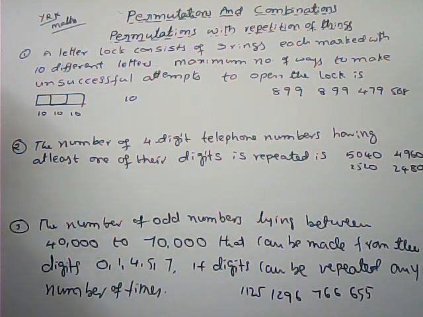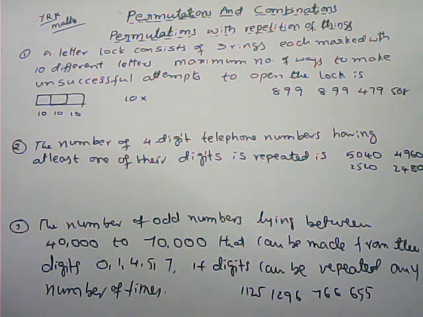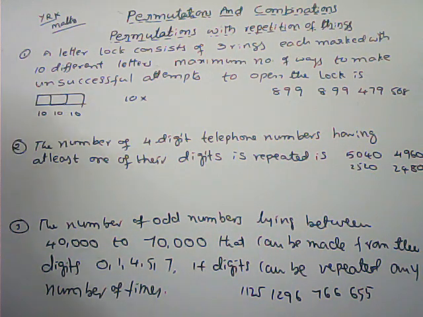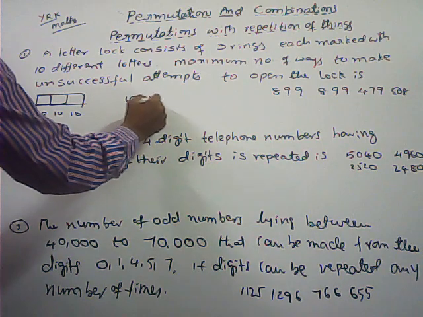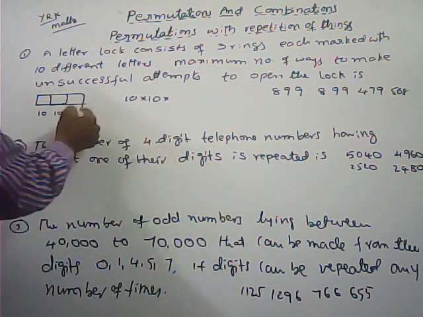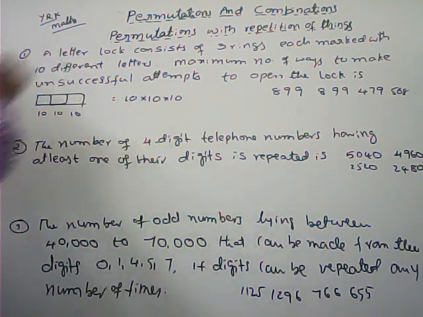So we have to use the fundamental multiplication principle. Into, if it is not completed, you can keep into. And the second ring also, here also 10 letters are there. We can keep any one. 10 attempts are there. Here also into, here also 10 attempts are there. Total 10 cube attempts are there.